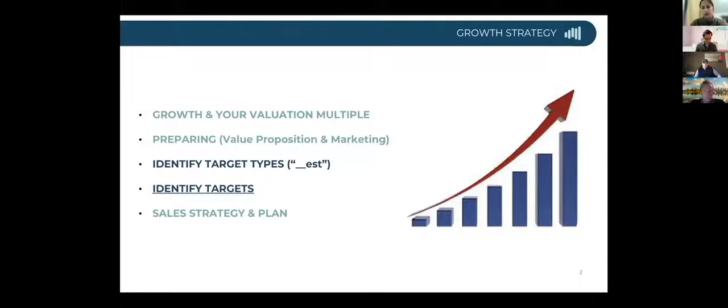And one of the core things that affects what that multiple is going to be is the predictability and size of your growth. And if you think about it, it makes really good sense. If you've got a company that's making a certain amount of revenue and somebody's coming in to buy your company, hopefully at one point in time they will, they're trying to predict how long it will take them to pay themselves back, right? And if your company's got a very predictable, trackable growth rate, and it's a growth rate that leads them to be able to pay themselves back quicker, it's certainly going to increase the willingness for them to